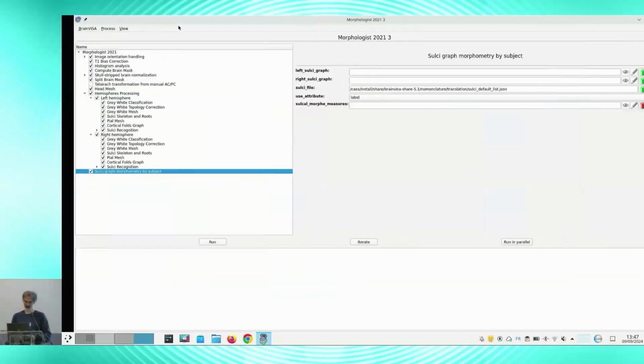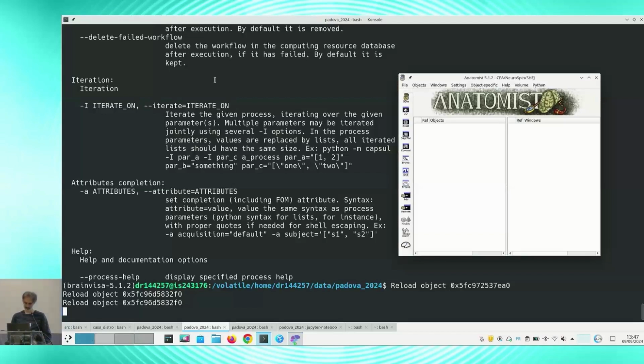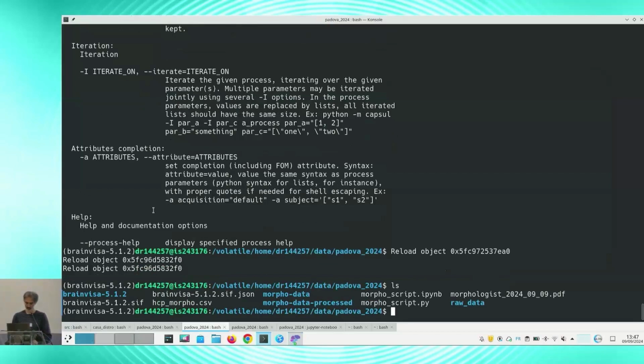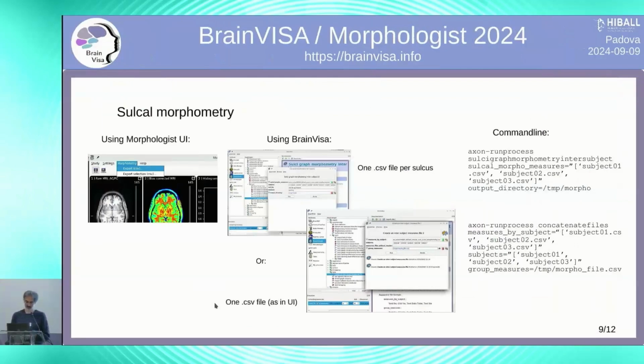And in the data set that we have provided, we have put a CSV with all the subjects of the HCP cohort, which is hcp-morpho.csv. So to get these measurements, as I said, you can do it using the simplified Morphologist graphical interface,